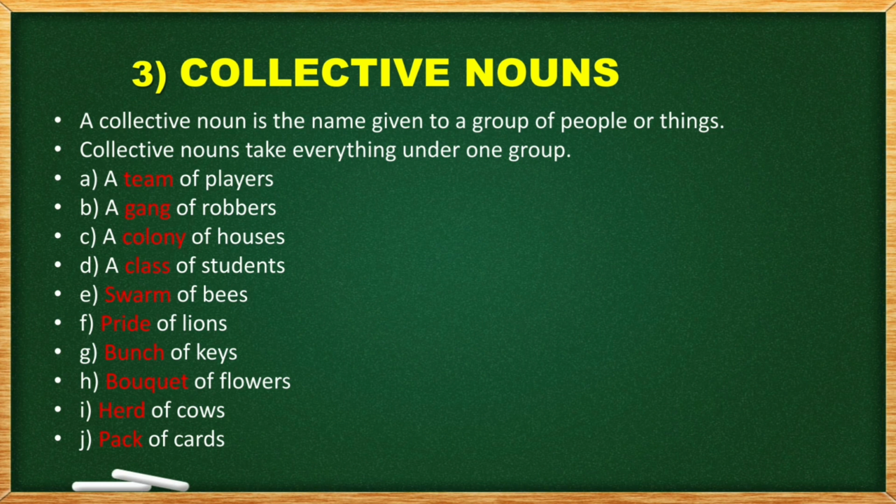Now we learn third type of noun, it's collective nouns. First of all, we learn the definition of collective noun. A collective noun is the name given to a group of people or things. Collective nouns take everything under one group. Some examples are given. Number 1, a team of players,